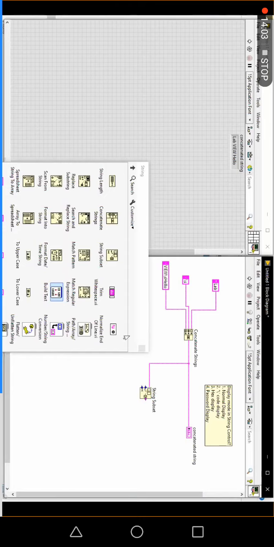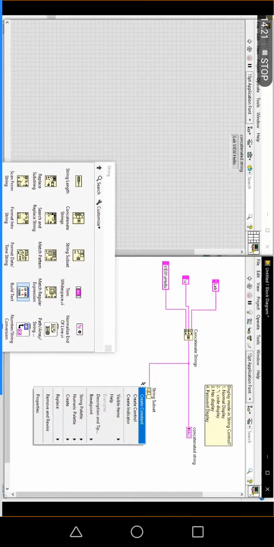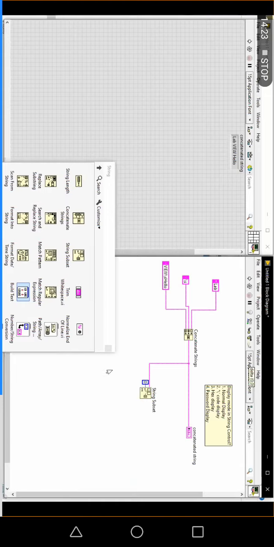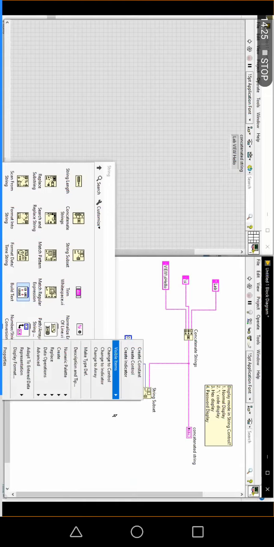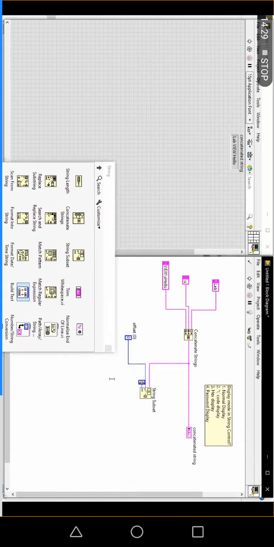It takes part of the string based on the index, or rather, in a string it is an offset value. Offset value will start from 0 always. By default offset value will start from 0. If the value is not valid, offset value will start from 0. Now see here, offset value is available. I am going to connect the offset value 0 here. Then I am giving the length value.